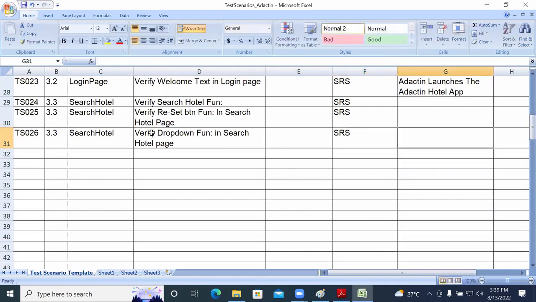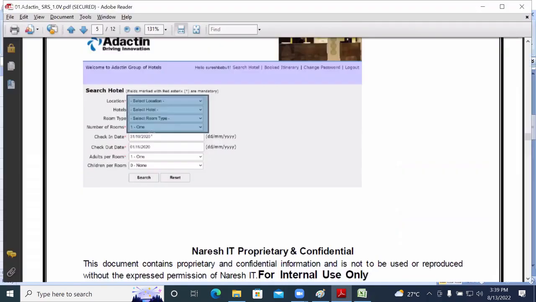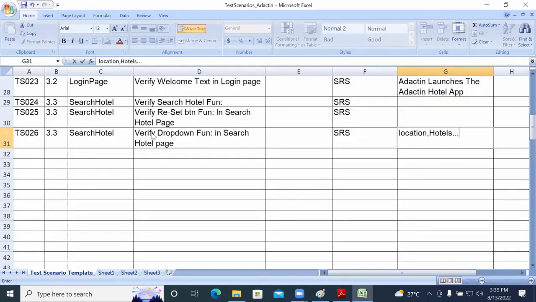You can provide the drop down name, the list of that particular drop down names here. Okay, done. Next, you need to provide TS